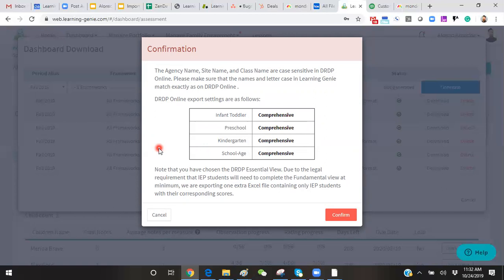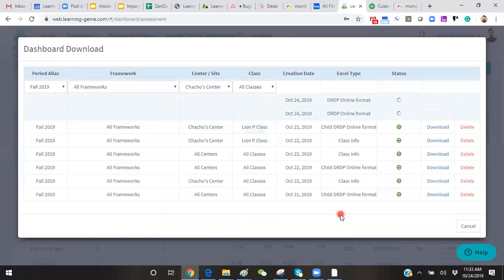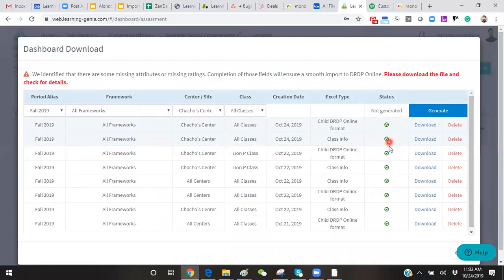This also reminds you that if your agency is using the essential view of the framework, the law requires that you use at minimum the fundamental view framework. So you will not be able to upload any children with an IEP to DRDP Online using the essential framework. Okay, so that's what that pop-up confirms there. Once you click on confirm, it'll start to process those files. You'll see a little green check mark here once the information has been